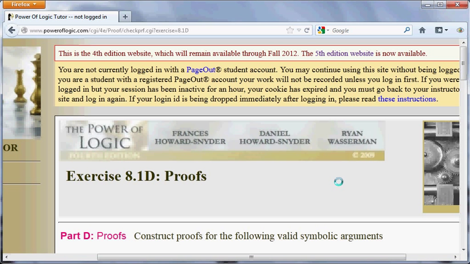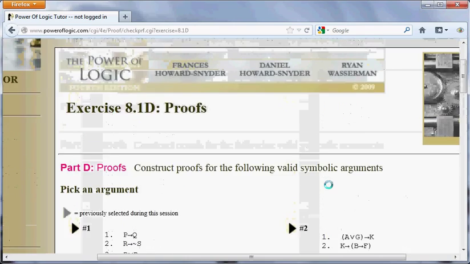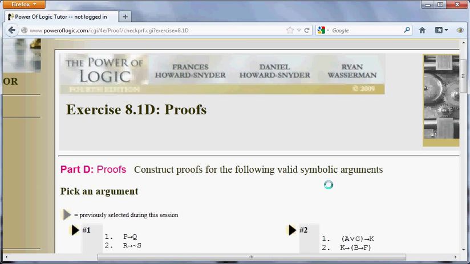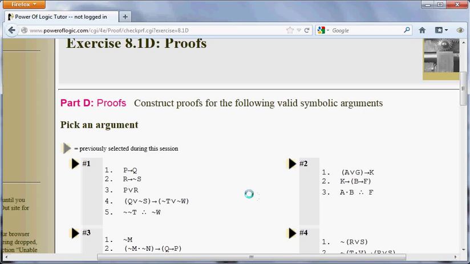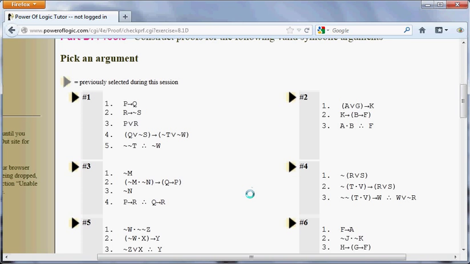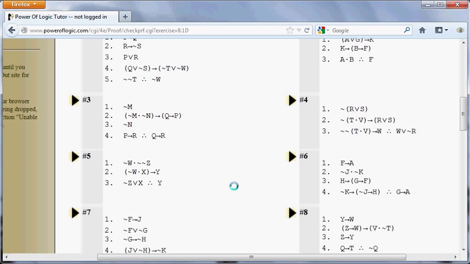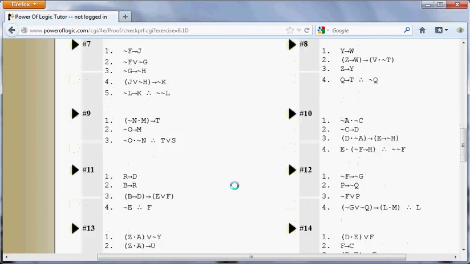I'm going to do a few proofs. I'm going to do a proof from exercise 8.1. And by the way, this video will supplement chapter 8, sections 8.1 and 8.2 of the Power of Logic textbook. And I'm going to scroll down here. Here in the exercise 8.1 proofs, we have a bunch of valid arguments, and we have 8 rules at our disposal, the implicational rules. And I'm going to scroll down to number 11